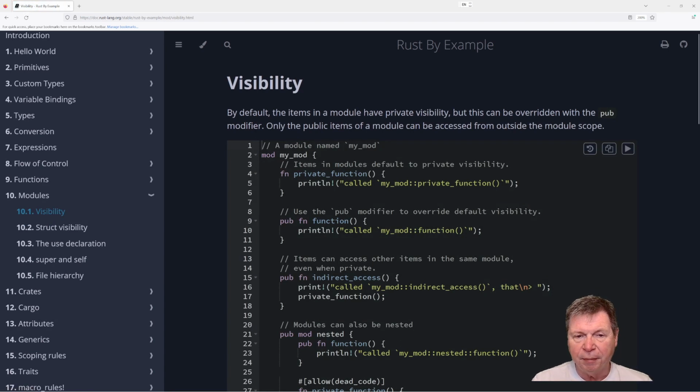Okay, visibility. By default, items in a module are private, but this can be overridden with the pub modifier. And then we've kind of encountered the pub modifier. Didn't really know what it was and why we had it. Only the public items of a module can be accessed outside the module scope. So we've got